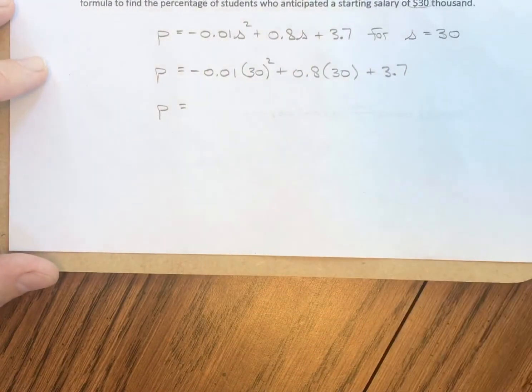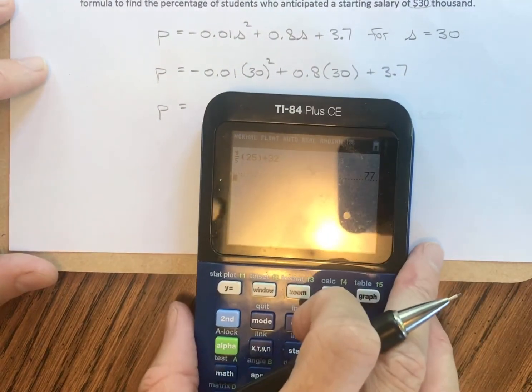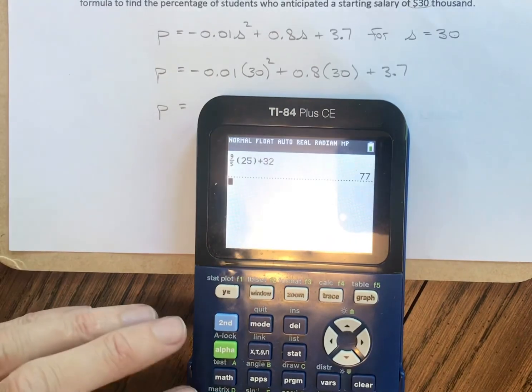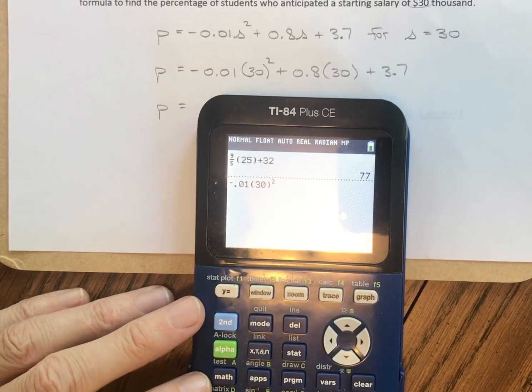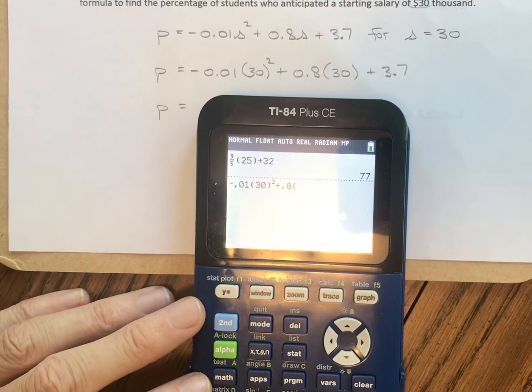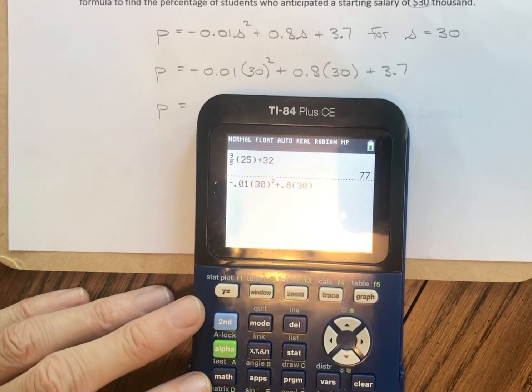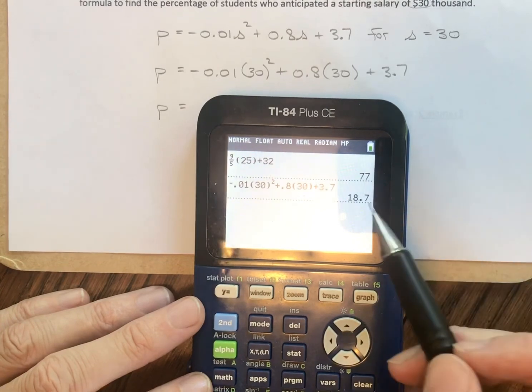I don't need to go any further by hand. So negative 0.01, 30 squared, plus 0.8 times 30, plus 3.7, and I come up with